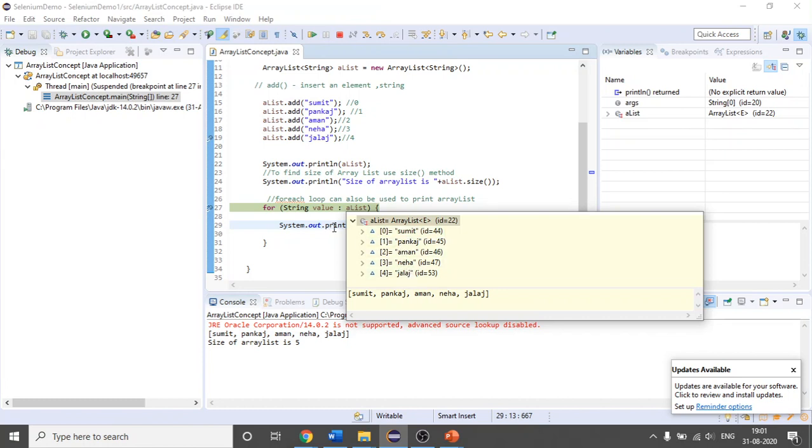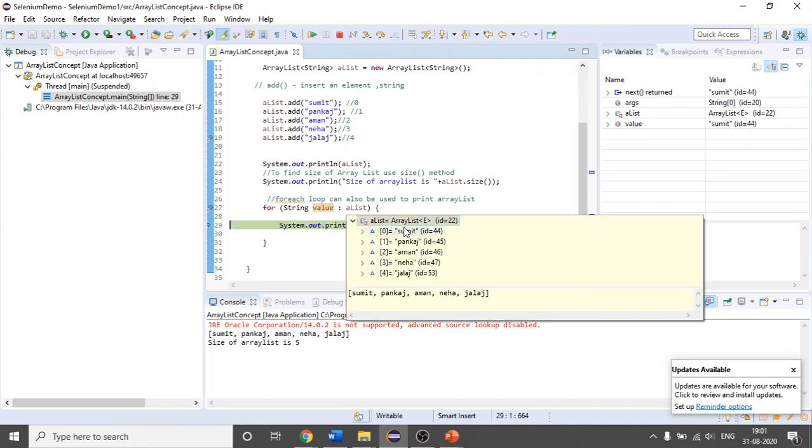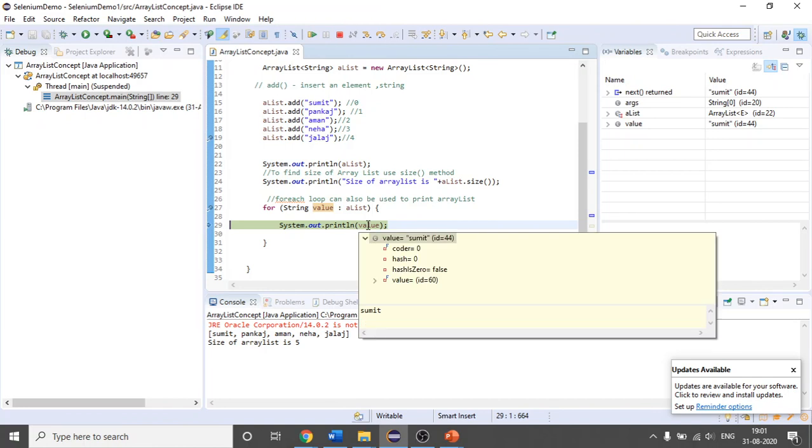So when this for each loop executes the first time, the first value at the zeroth index, Sumit, will come to value, and after that we are printing the value here. So what will happen if I execute it one time? See, it is running for the first time, so Sumit will come inside value. You can see here as well.